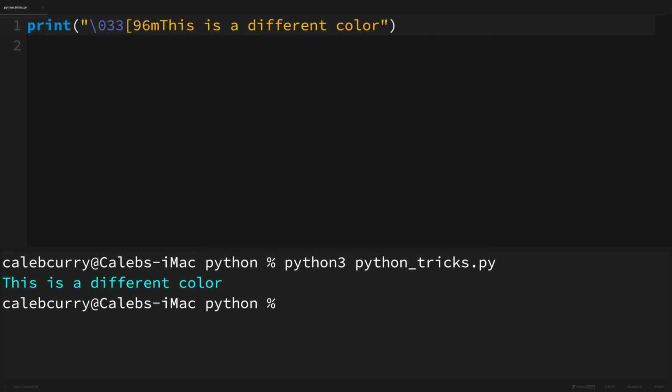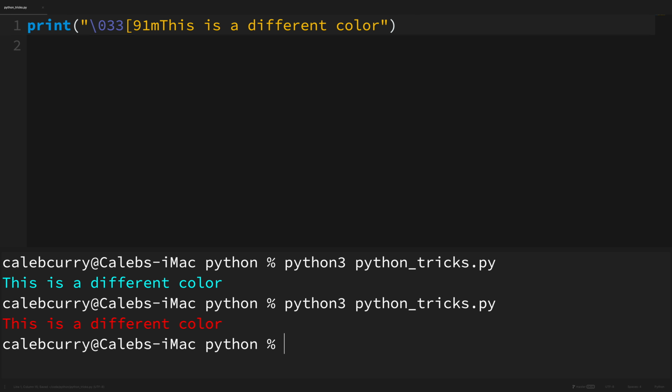To experiment with different colors, change 96 to say 91, for example, and run this again, and